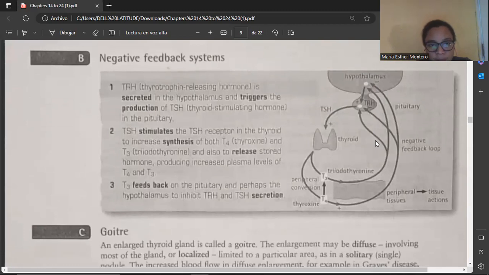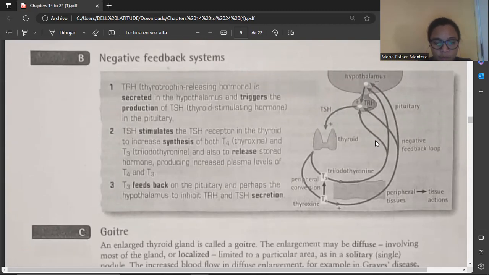TRH, thyrotropin releasing hormone, is secreted in the hypothalamus and triggers the production of TSH, thyroid stimulating hormone, in the pituitary. TSH stimulates the TSH receptor in the thyroid to increase synthesis of both